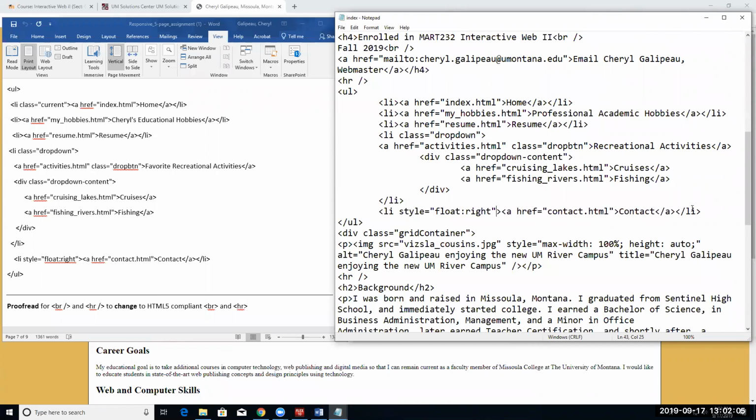I end my anchor, I end my list item, and then I end my unordered list. So really the only thing we did there was add a space and then float colon right. So if we save this, oops, so file save,